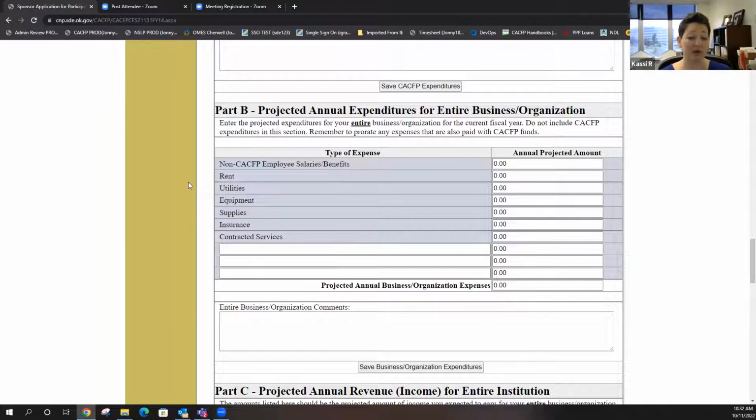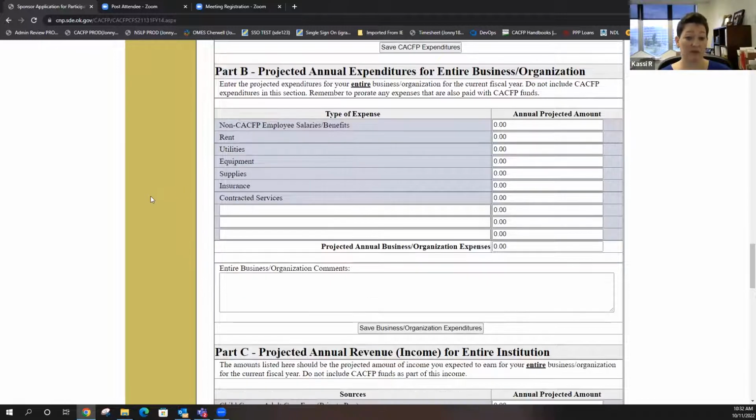So just because you have a positive balance on CACFP doesn't mean you've made a profit. But overall, as a business, as an organization, when you're looking at your whole institution, yes, you have to show that you aren't in the negative, because then you're not viable. And I know that's confusing. As far as CACFP goes, you cannot make a profit. As far as an institution and an organization goes, you cannot be in the hole or you're not viable.